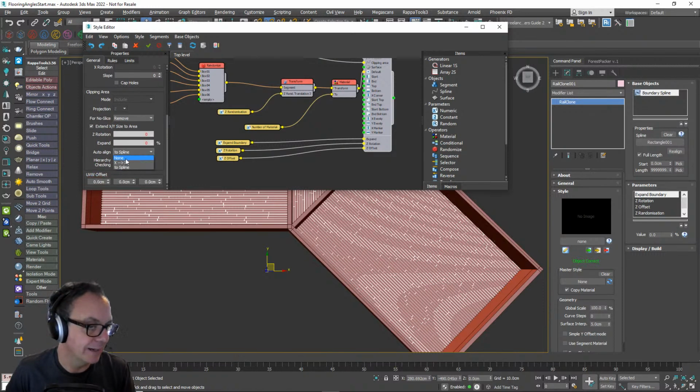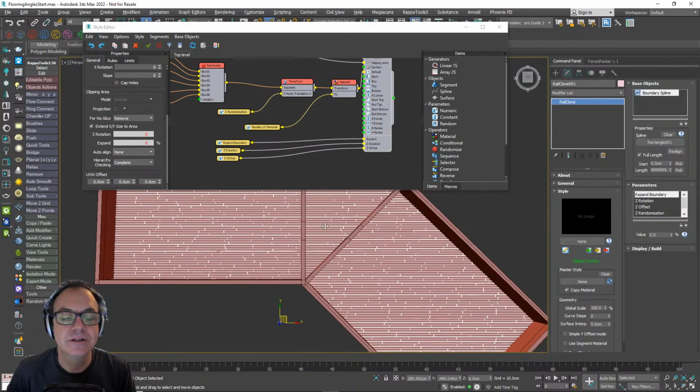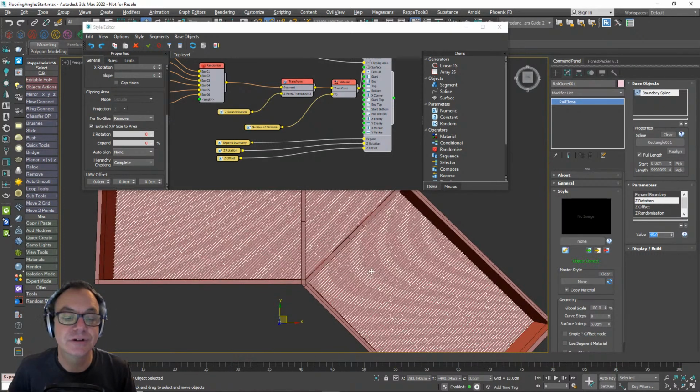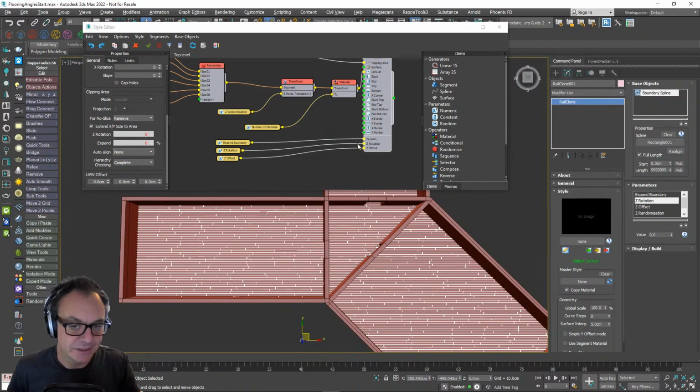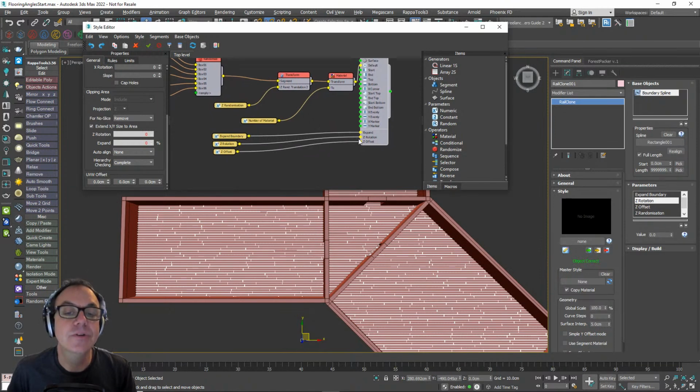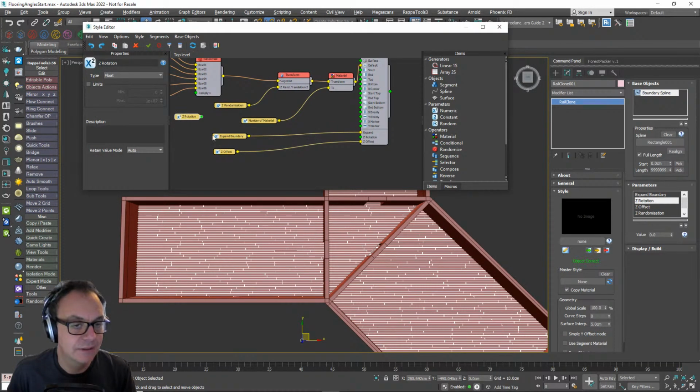If I just set this back to none so that it's always unified in the same direction, this Z rotation property rotates the array. So if I'm at 45 degrees, for example, everything turns. Okay, great. That means I've got something I can control with a marker. So I want to take that out and input marker data in there.